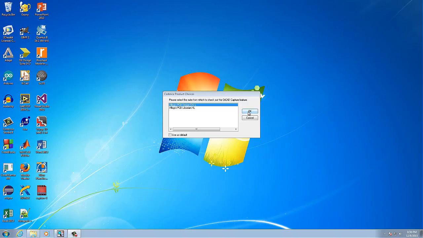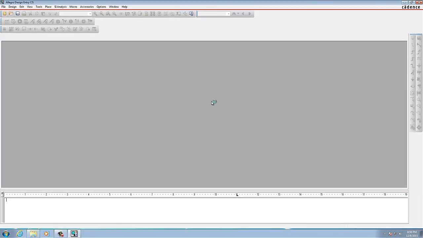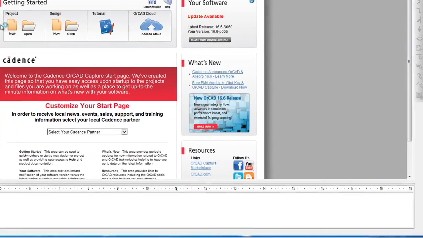We are going to do a video on advanced analysis parts and models. In lab 1 we are going to do placing and editing the advanced analysis parts. Open Capture and select File, then New Project. Name the project my cascode